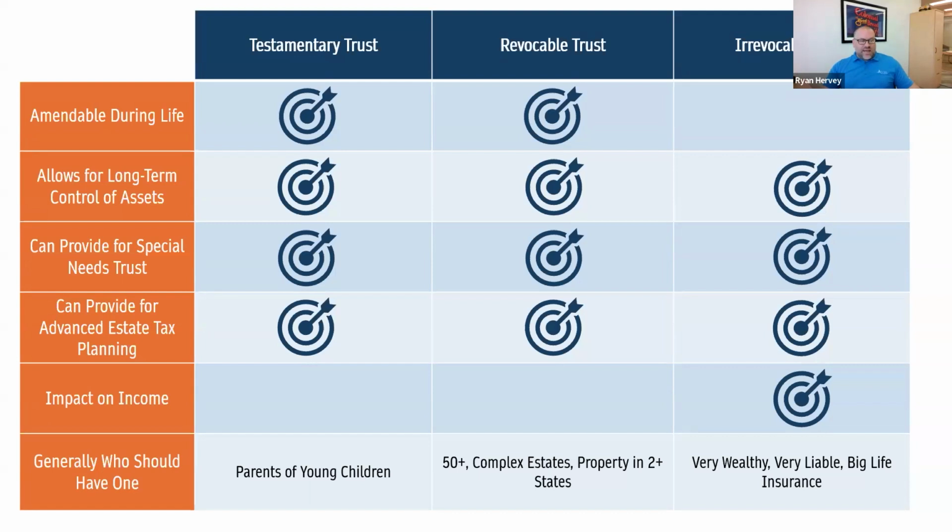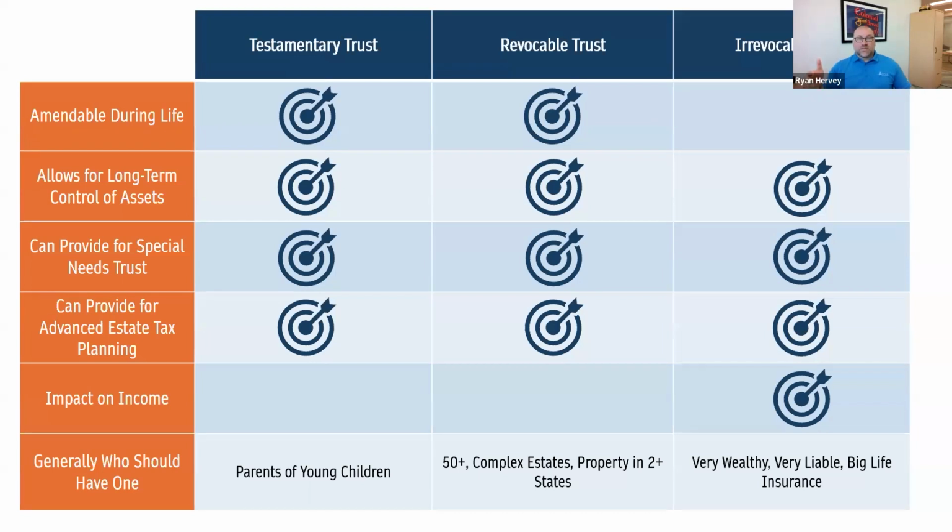They can also provide for advanced estate tax planning. All three of the trusts that we're looking at can do that as well. Advanced estate tax planning is not quite as big an issue right now because we can transfer tens of millions of dollars without creating an inheritance tax issue at a federal level. Each state has their own set of rules that can be different. But these types of trusts are more complex. They divide property out to take advantage of tax laws and the way they're written. Any one of these three can have that structure built out inside of them.